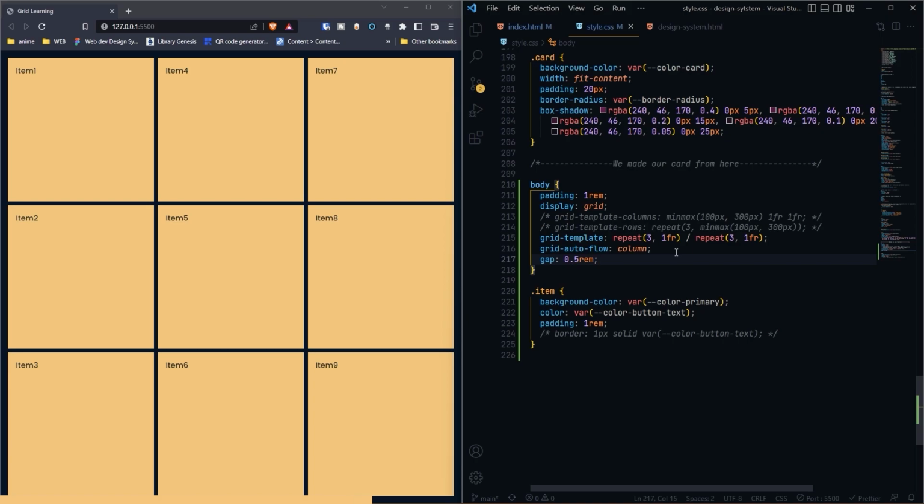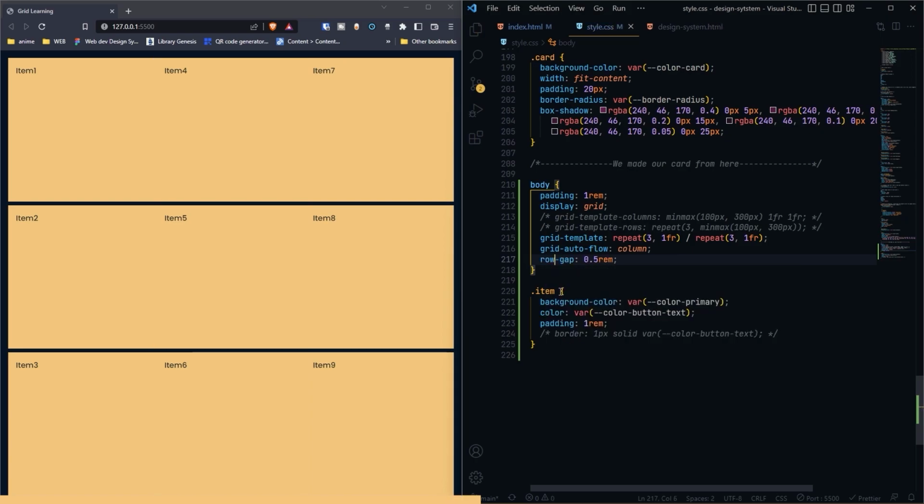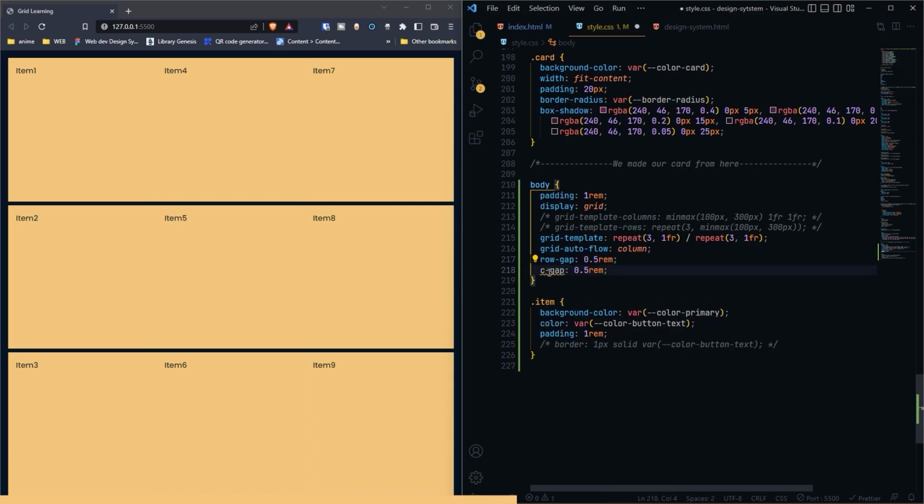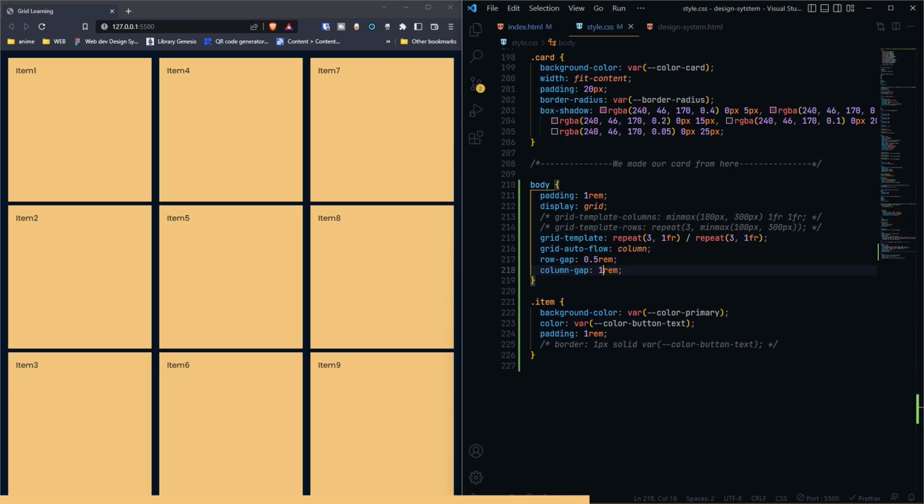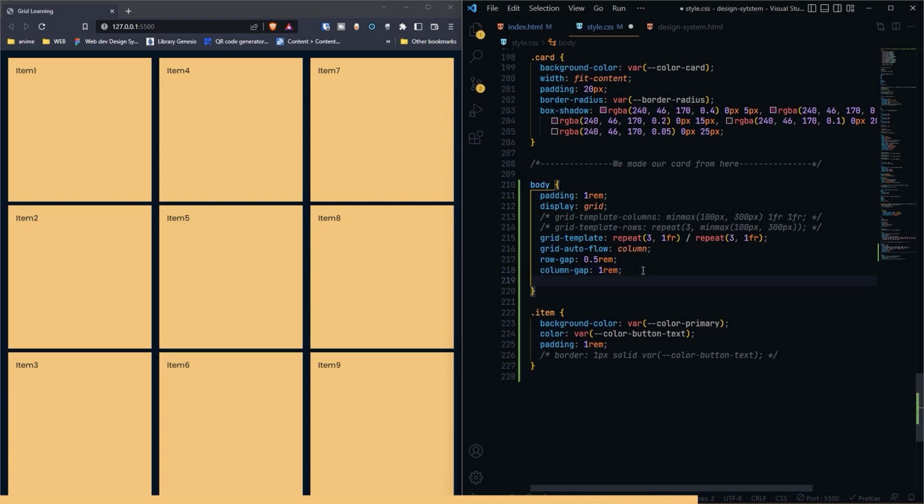If you want different gaps for row and column, then use row gap and column gap. And if you want to write this in one single line, then you can use our good old gap. So gap, and then the row comes first, so 0.5 rem, then the column comes second,